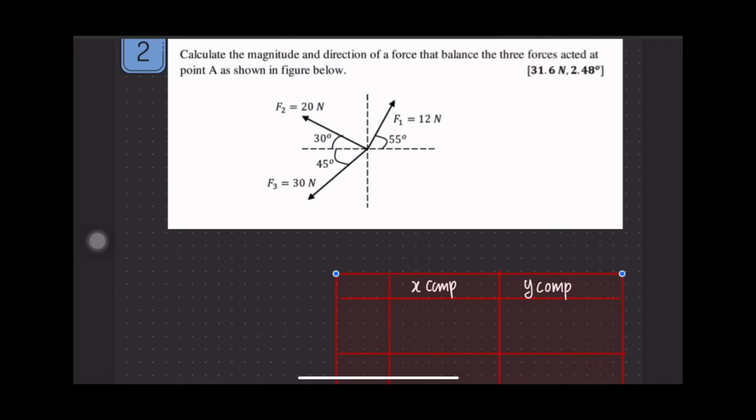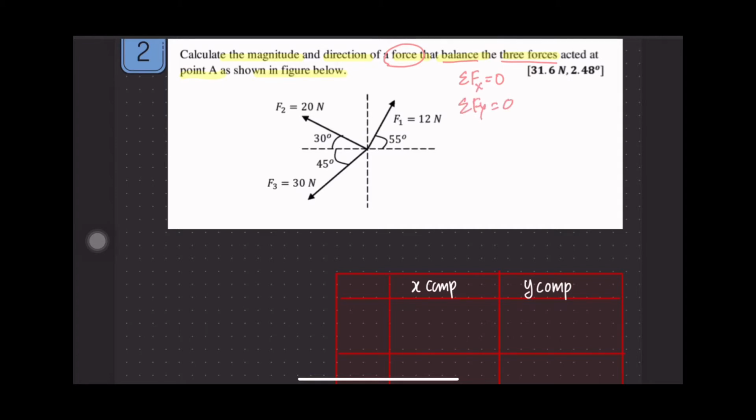Okay, so question number 2. Calculate the magnitude and direction of the force that balances the three forces at a point A as shown in the figure. So maksud soalan ni dia suruh kita cari satu force yang boleh balance three forces. Maksudnya kalau kita buat yang 3 force ni, dia belum tentu balance. Balance ni means summation F dia akan equal to 0. Okay, so kita kena cari force yang balancekan dia, iaitu untuk hasilkan summation Fx dan summation Fy will be equal